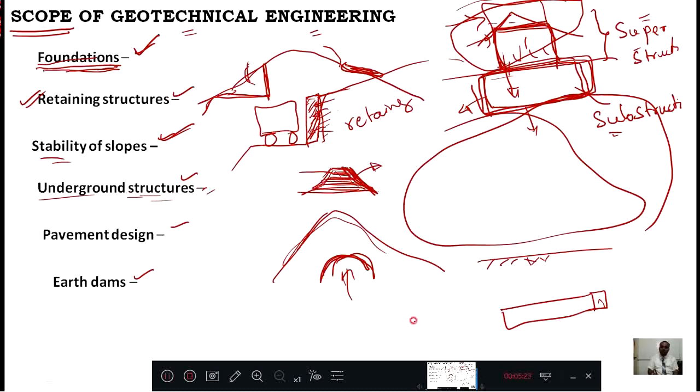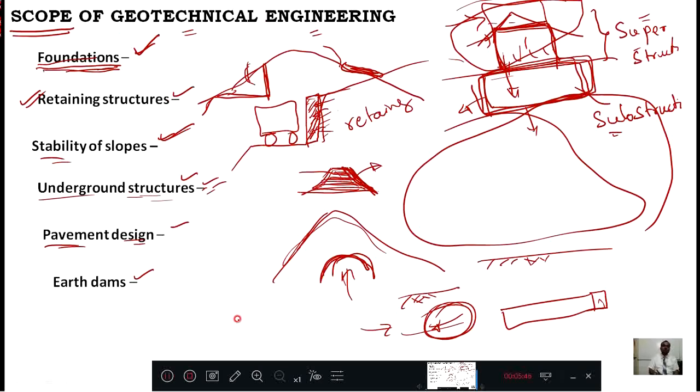And sometimes you will make some caves inside, and you will bring out mines, gold mines, irons, ores, from the ground without disturbing the ground levels. Okay, that also comes under underground constructions and underground maintenance. Okay, that you know. And pavement design also comes under